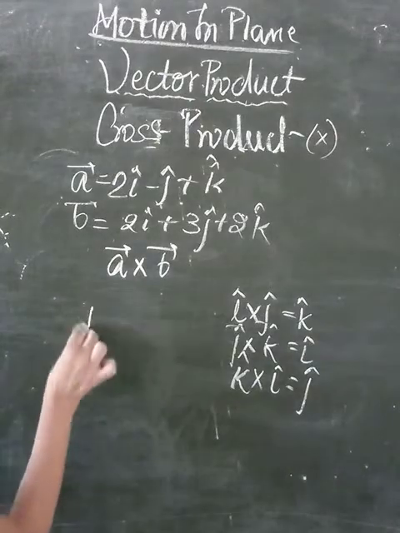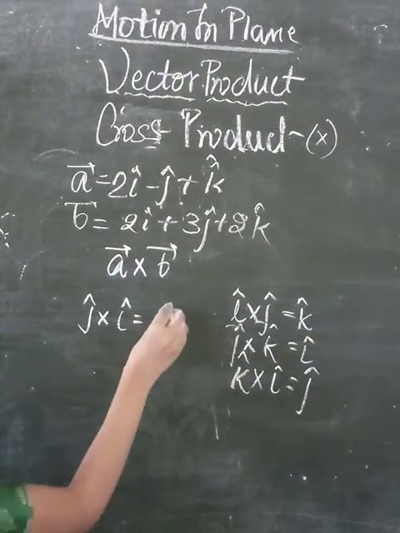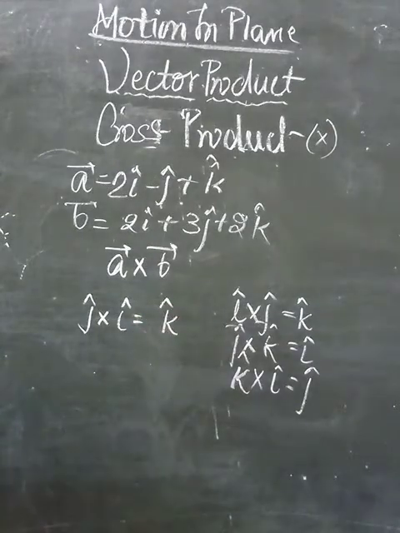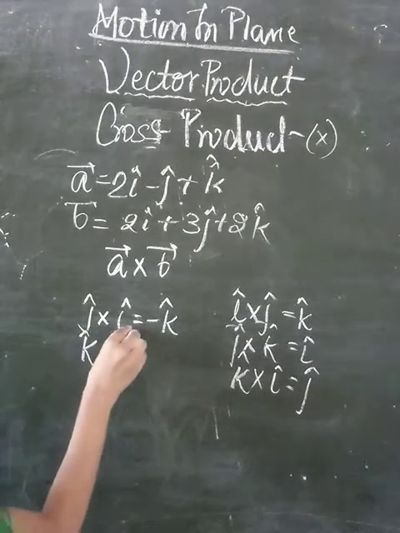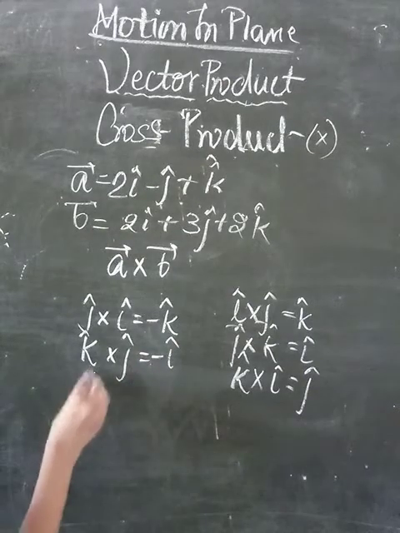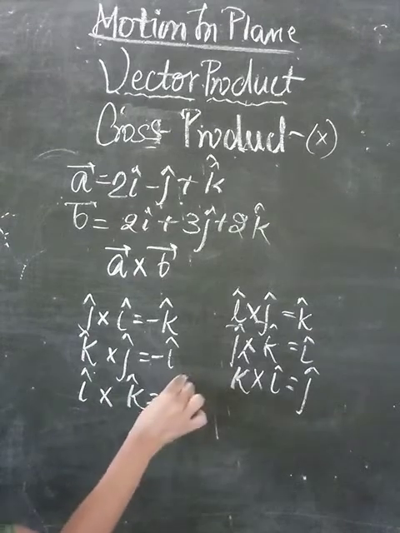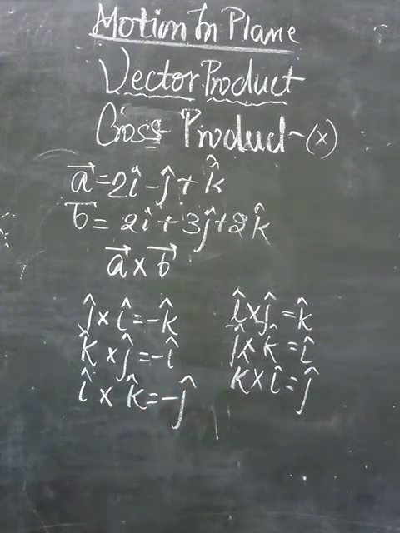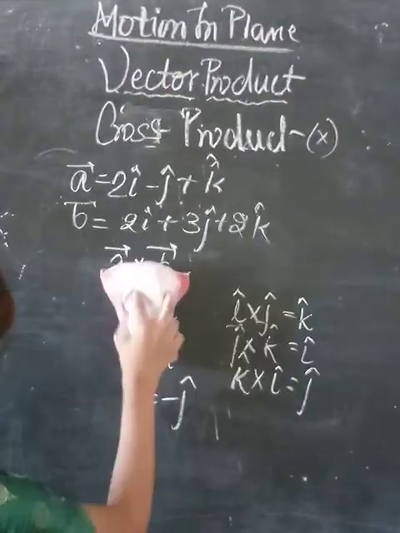That is, if we write it as j cross i, then it is reversed. The value will be k itself, the z axis itself, but the value will be negative. If you are multiplying k cross j, then also the answer will be i, but it will be minus i. If you are multiplying i cross k, we have just reversed the direction, so the value will be j, but the opposite vector, so it will be given the negative direction. So how will we solve this?